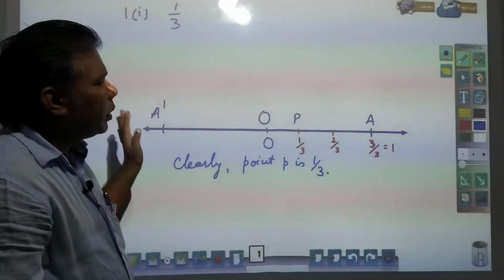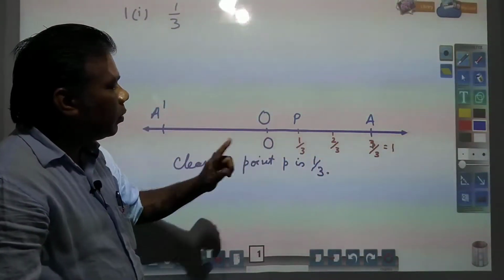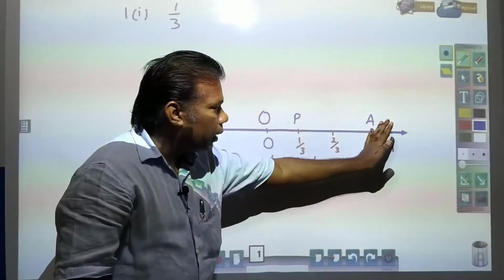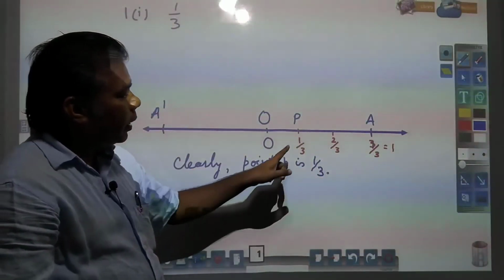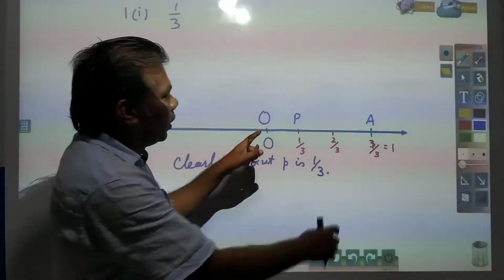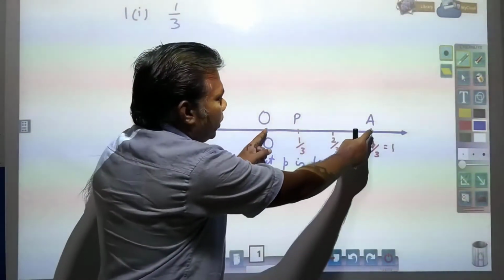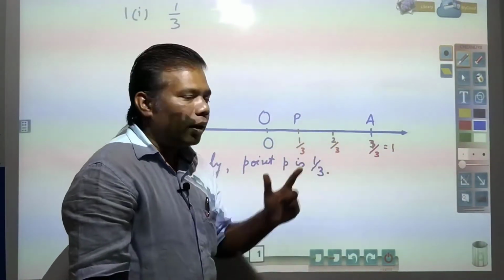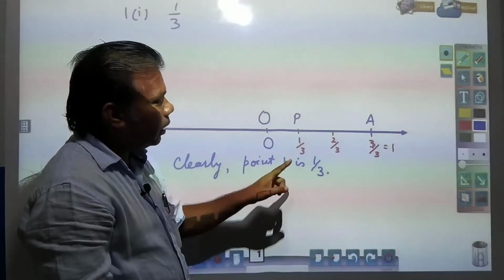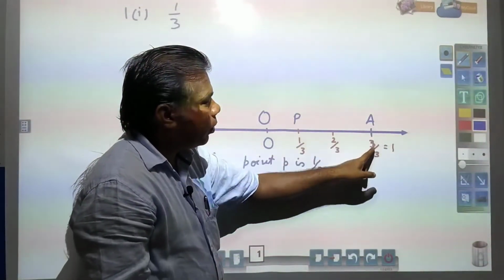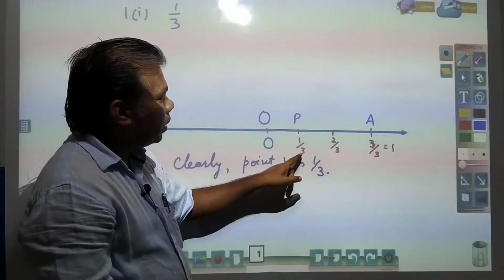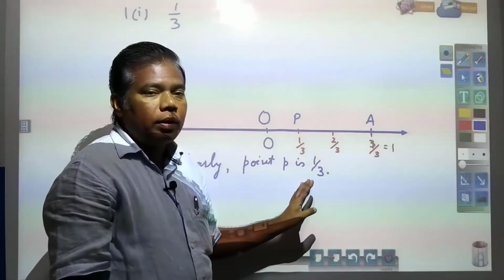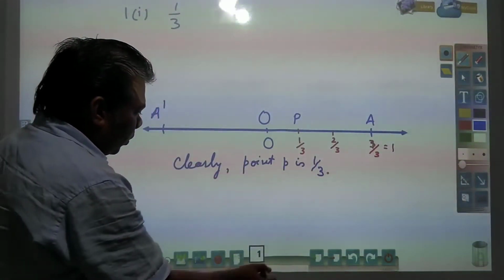Again you see what is required to be done. One number line is required to be drawn, one point is required to be fixed and named. From there numbers start with 0, on this side you will have positive numbers, and on the left side negative numbers. Since the denominator is 3, the 1 unit length that you have taken is required to be divided into 3 equal parts, 1, 2 and 3. The first point will be 1 by 3, the second point 2 by 3, and the third point 3 by 3. You had to represent 1 by 3, so this point P will be your point, that will be 1 by 3, and that will be your answer. So in this way this is required to be done.